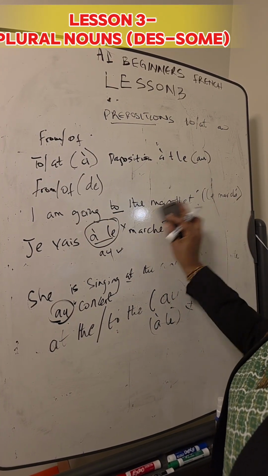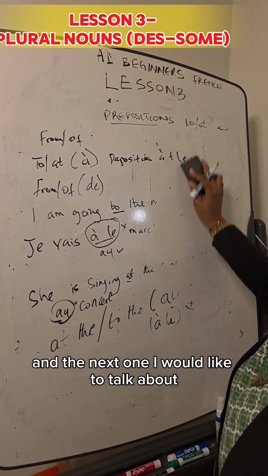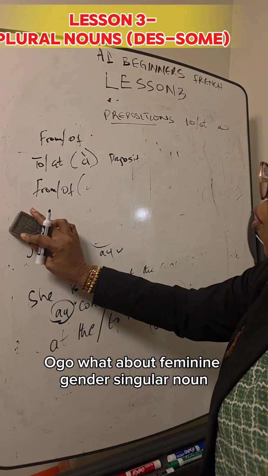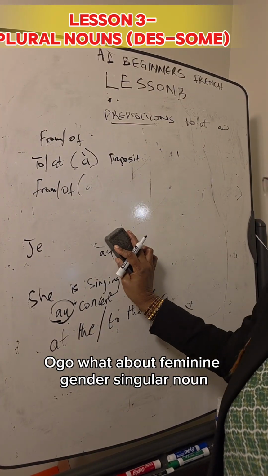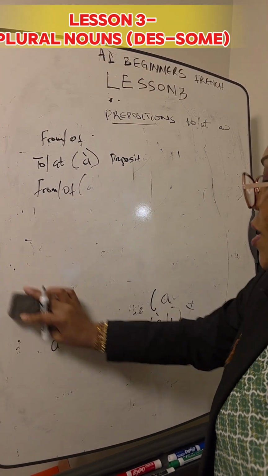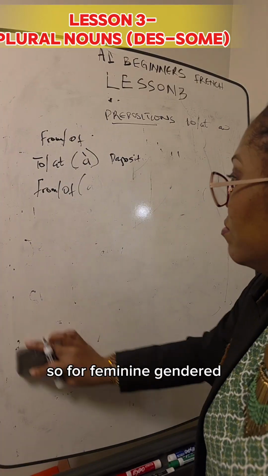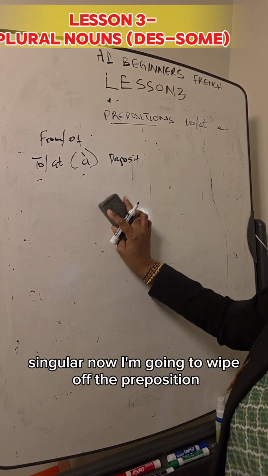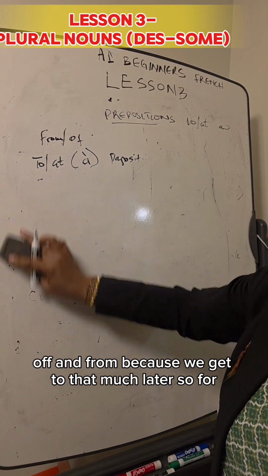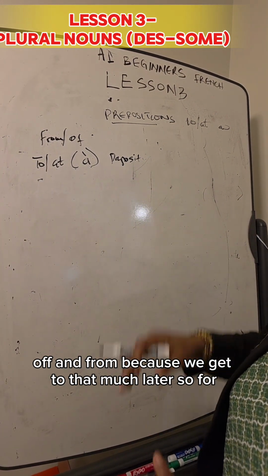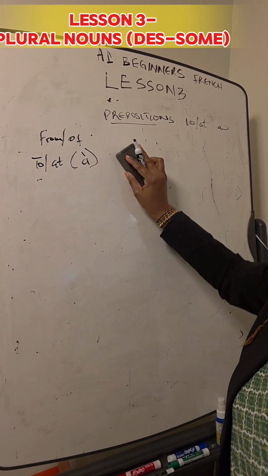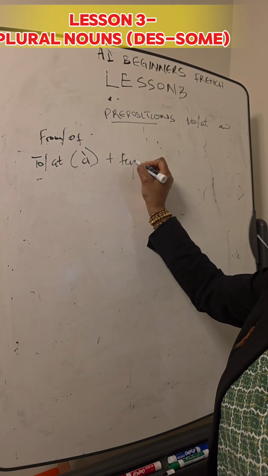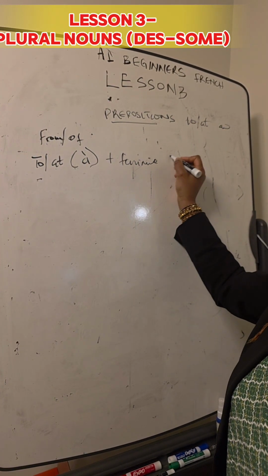Okay? And the next one I would like to talk about, I'm sure some of us might be wondering, oh, Madam Ugo, what about feminine gendered singular noun? So for feminine gendered singular noun, I'm going to wipe off the preposition of and from because we get to that much later. So for preposition a with feminine singular